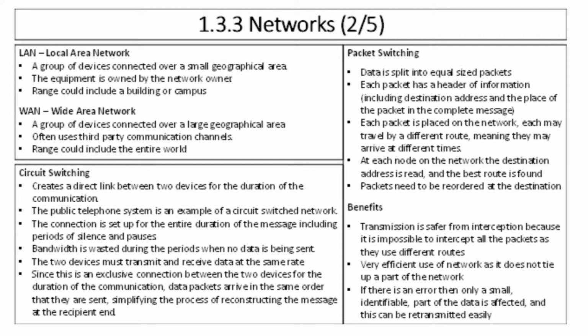Next one though, the packets need to be reordered at the destination. That's true, so if there's not enough packets, then it'll send another bit out. And the benefits to this, apparently: transmission is safer from interception because it is impossible to intercept all the packets as they're taking different routes. It's a very efficient use of networks as it does not tie up a part of the network, and if there is an error, there will only be a small